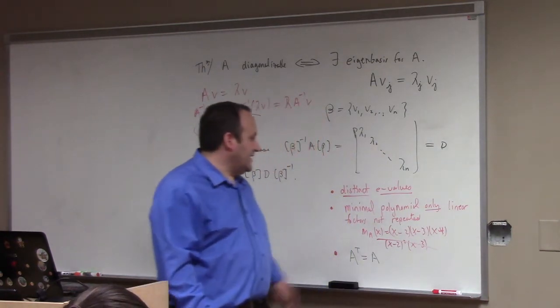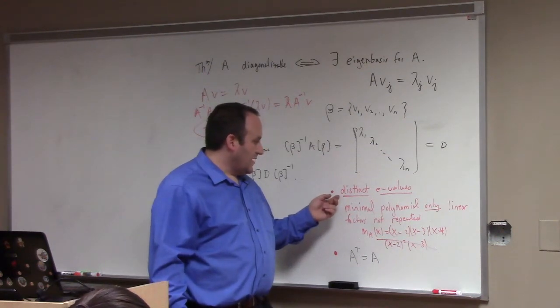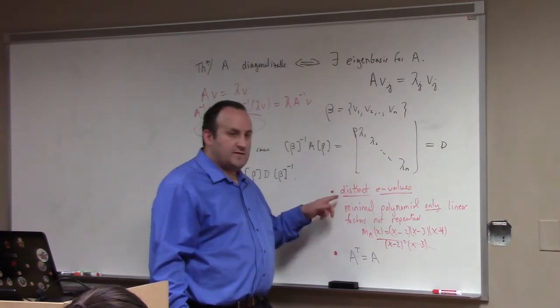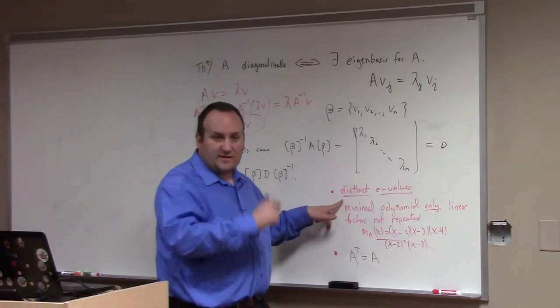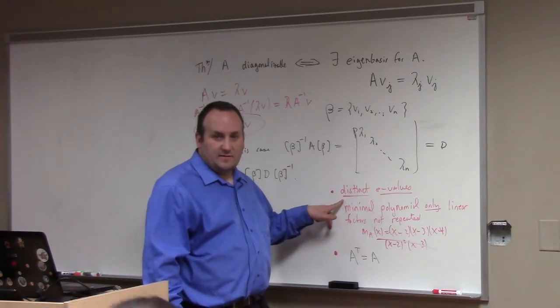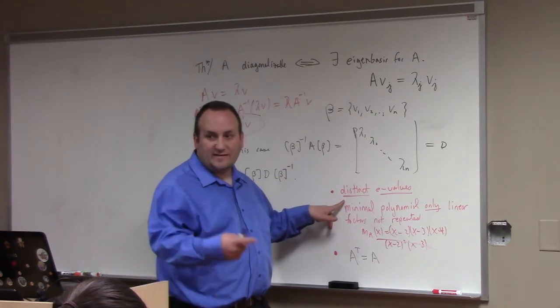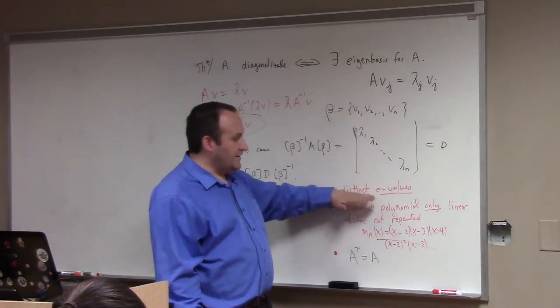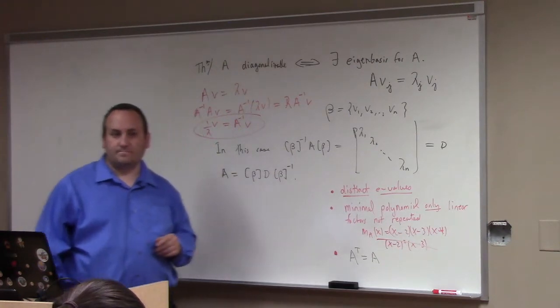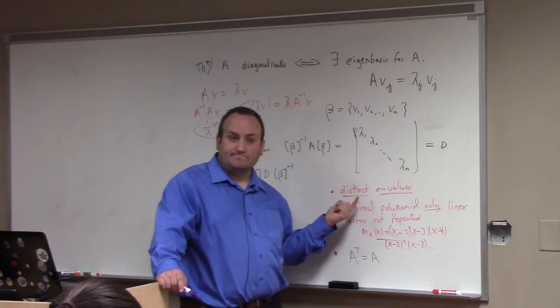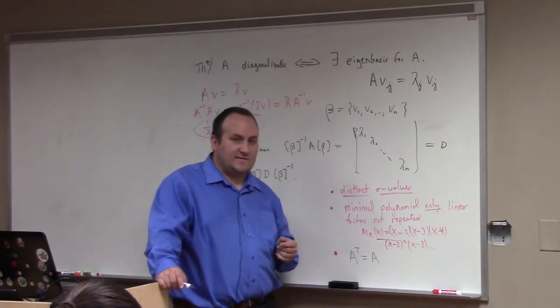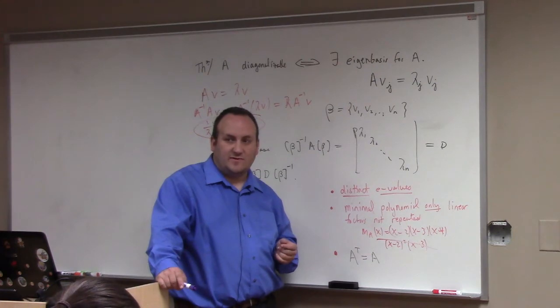I really like what you said about distinct eigenvalues. Was it Ben, right? That's good, because we had a theorem that said distinct eigenvalues have linearly independent eigenvectors. So if we have n distinct eigenvalues, that means we have n linearly independent vectors, which means we've got a basis. That's a very constructive and helpful comment. But just because you have a repeated eigenvalue doesn't mean you don't have an eigenbasis either, right? I know there are a lot of cases. It's a challenging test. You guys will do your best, right? I'm assuming? Okay.